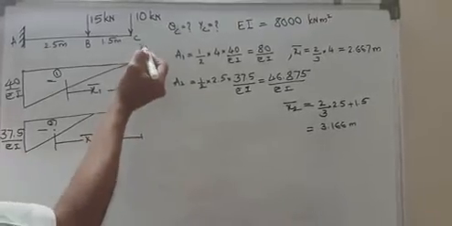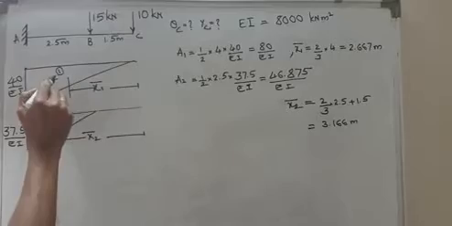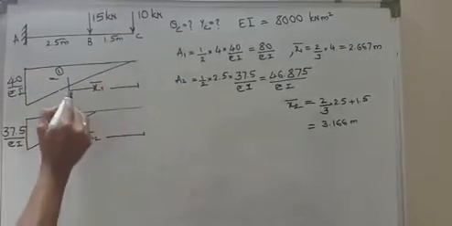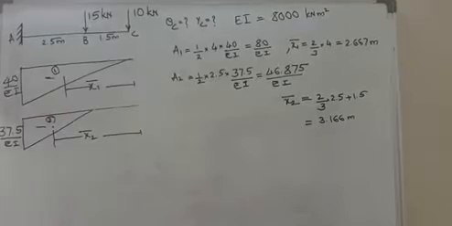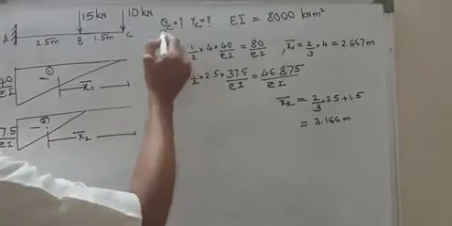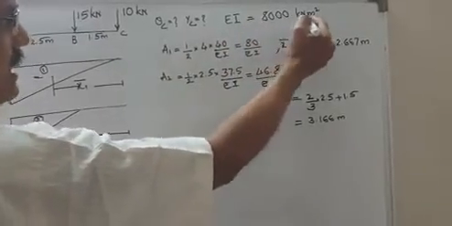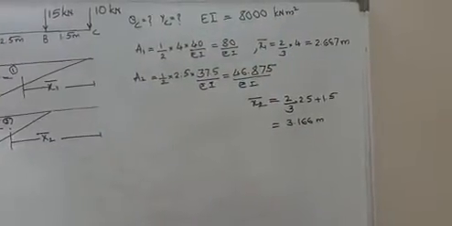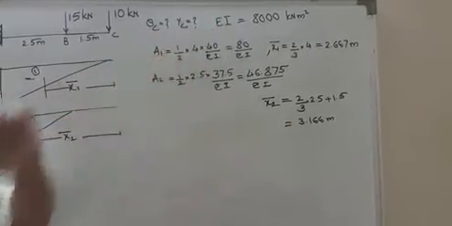Now as we are calculating the deflection at C, therefore we need to calculate the position of CG of these figures with respect to C. This let us call it as x1 bar, let us call this as x2 bar. Now here he has asked to calculate what is deflection and slope at C, and he has given the value of EI is equals to 8000 kilonewton meter square. EI is nothing but the flexural rigidity of the beam.